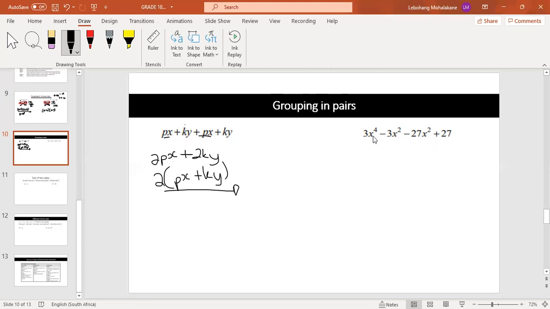If I look at this, I have 3x exponent 4, then negative 3 exponent 2. So I'm going to group these. I'm going to have 3x exponent 4 minus 3 exponent 2 into brackets. Then I have minus